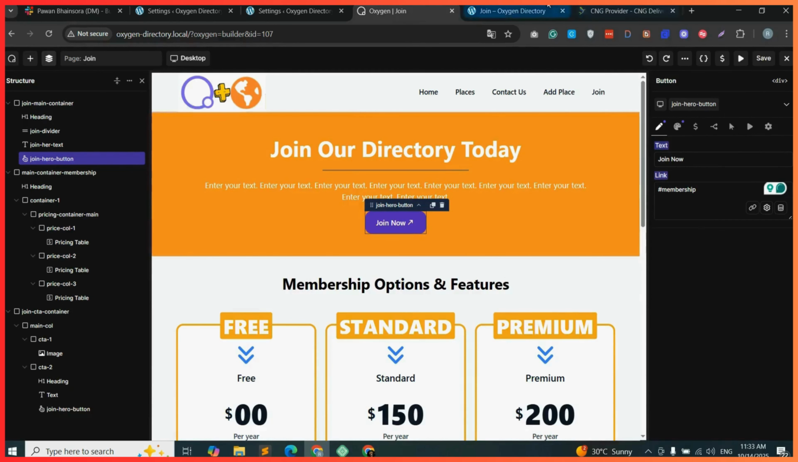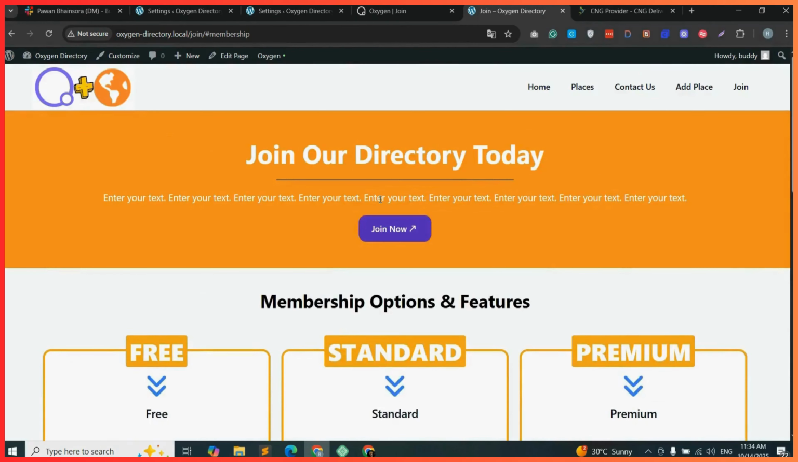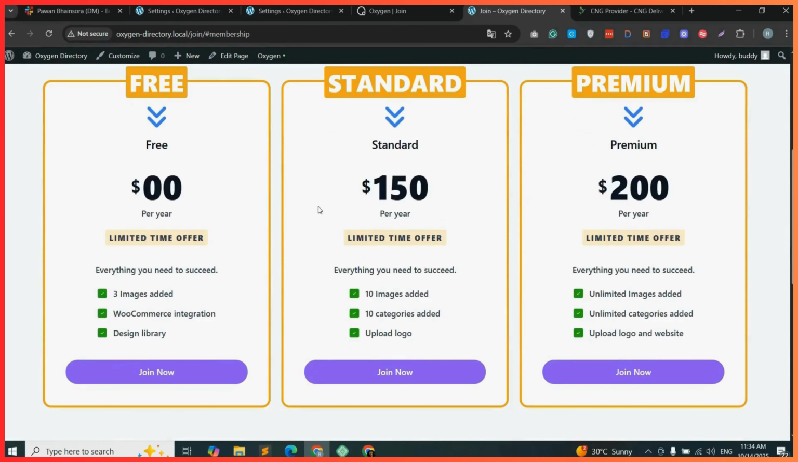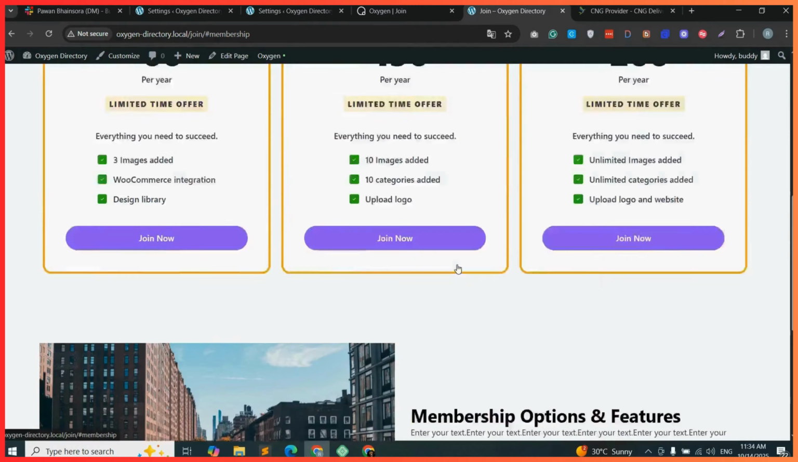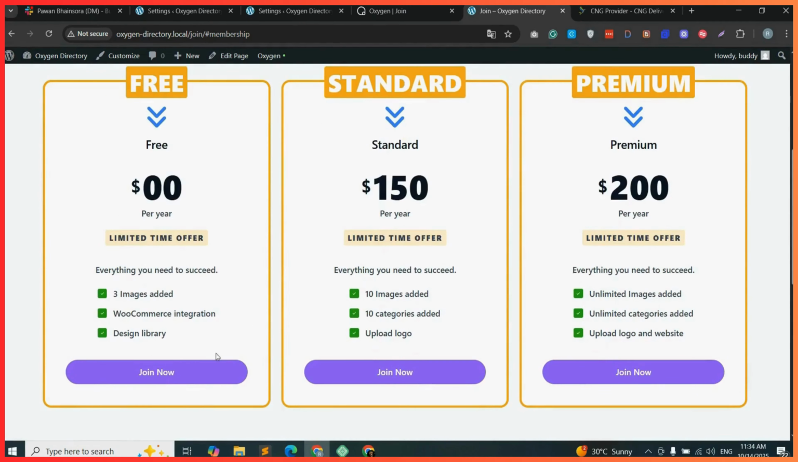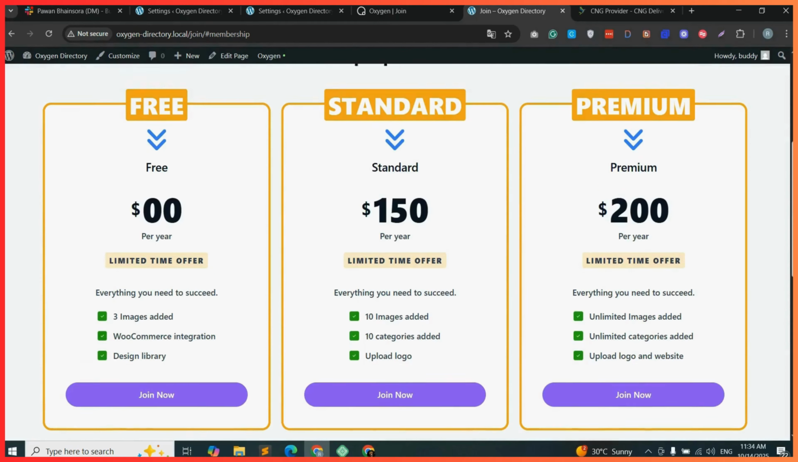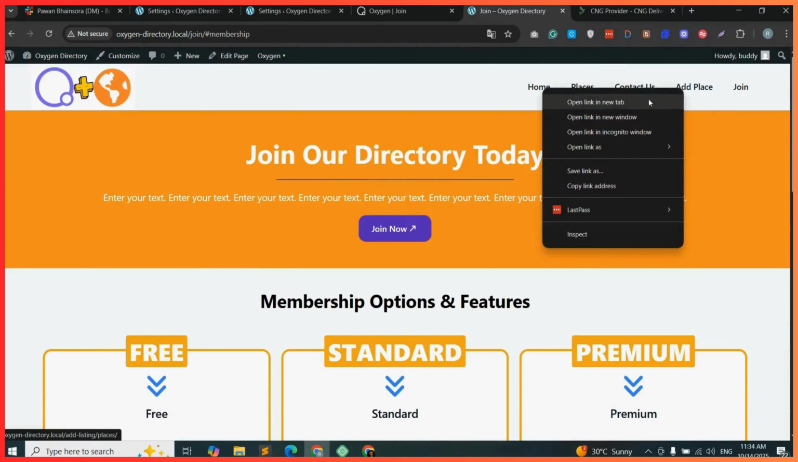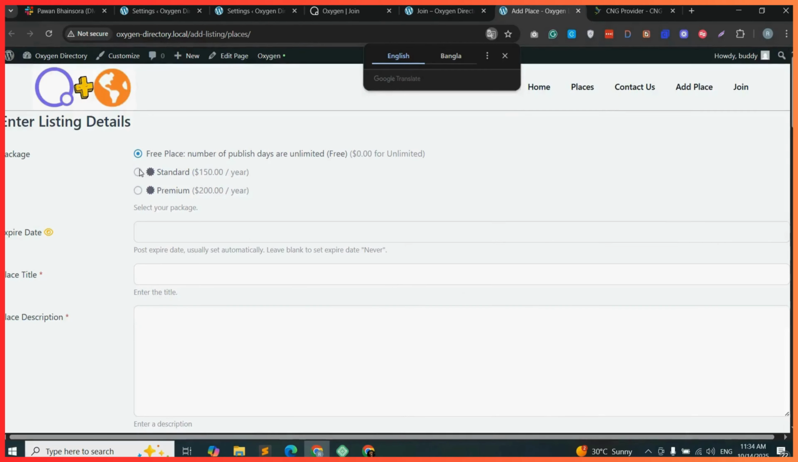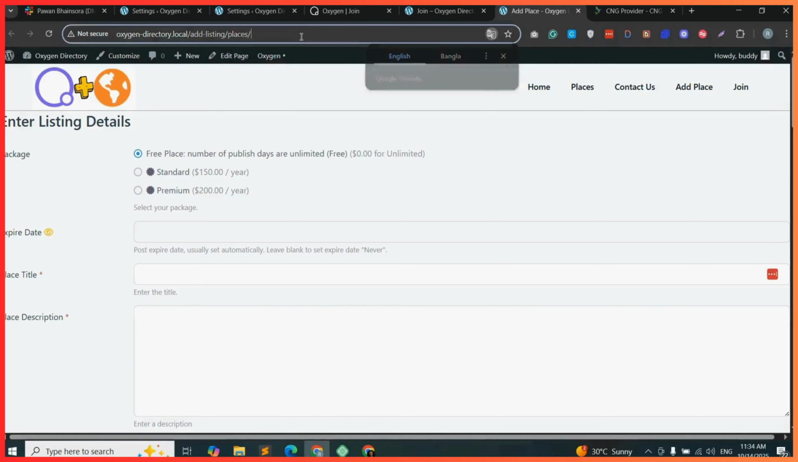Coming to the join page and refresh it. So now on clicking the button, it is scrolling down to the packages. So according to the packages, our ad listing should be shown. So for that we will be opening the ad listing first. Now the listing form can be seen here. So here we have